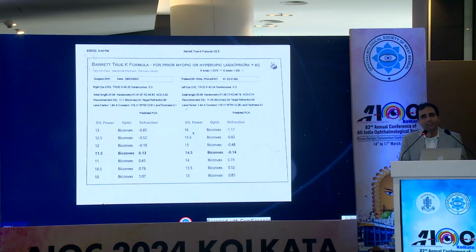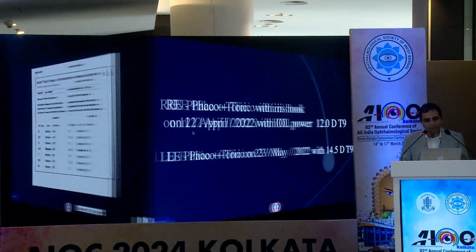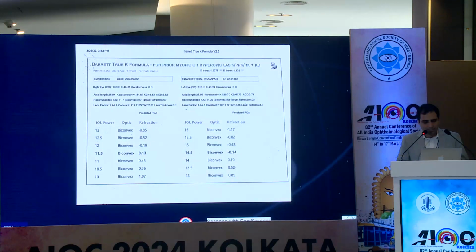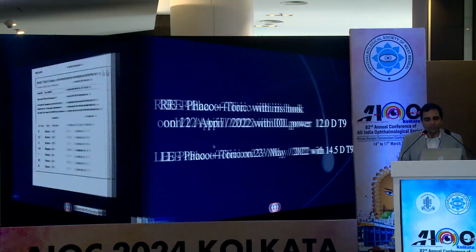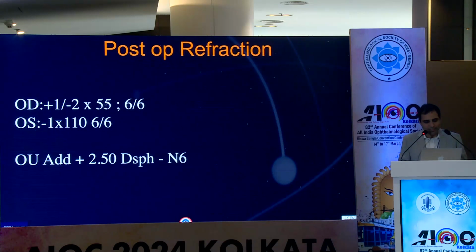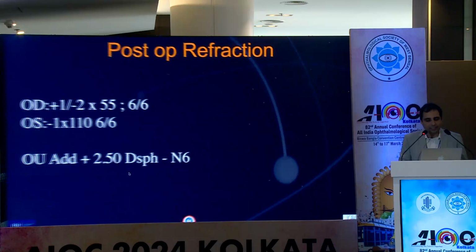So we counseled the patient 2-3 times that we don't know what the refraction would be post-operatively, and we went ahead with a 12 diopter lens, a first myopic target, and 14.5 in the other eye, also the first myopic target. Fortunately, we were reasonably on target. The patient ended up with a +1 in the right eye with a -2 cylinder and only astigmatism in the left eye. She's extremely happy and she's accepting glasses quite well.